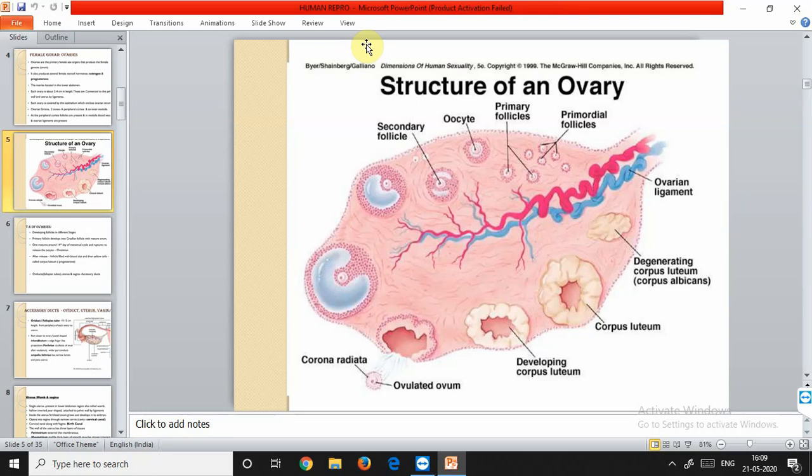So why does this follicle mature? I told you the two hormones, the testosterone that was for the maleness, and that was also called a male hormone. And then I told you about the follicle stimulating hormone, the FSH, it was for the female. So when this hormone is released in higher amount due to the stimulation of FSH, the Graafian follicles mature. So the Graafian follicle is about 2.5 centimeter in diameter, and it has a secondary oocyte. This is a secondary follicle.